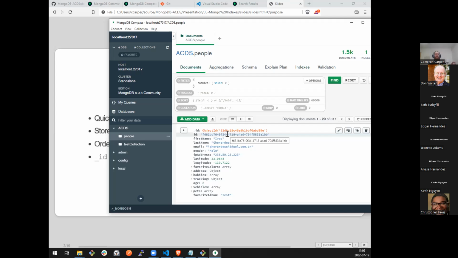That is the first index we're going to create. After we talk about the different types, we're going to create an index on ID because that's how we're going to query things. Specifically in the context of web services and APIs, sometimes I want a list of all the people in the database, but if I want to edit one or view the details of one, I'm going to give you the identifier for it. So I'm going to say, give me person F681BC, give me their details so that I can update their address. And since we're querying based on ID, we want an index so we can query it very quickly and not have to look at the entire collection.